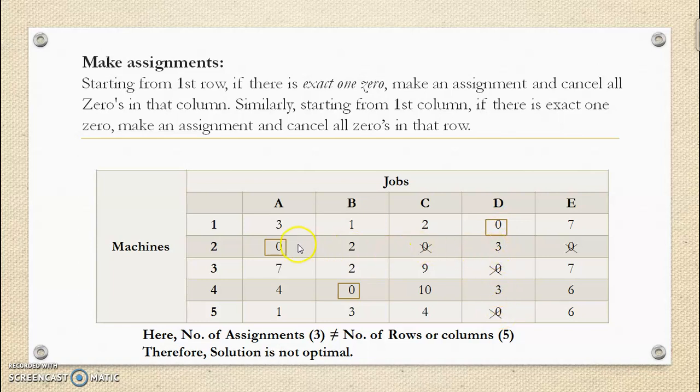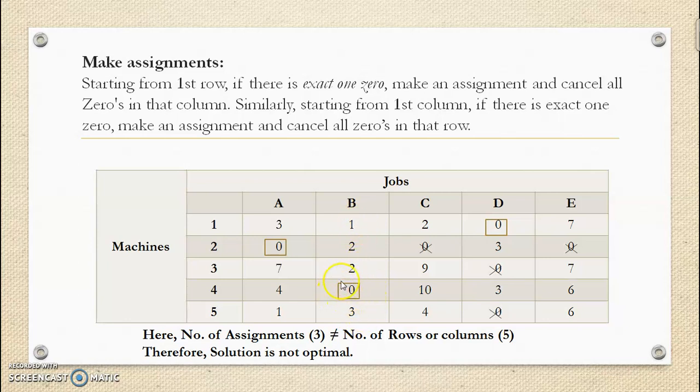Now if you observe here, the second row contains multiple zeros, so skip that one and look next where only one zero is available for assignment. So if you observe here, the fourth row contains only one zero, therefore assign this 0, and if in the respective column extra zeros are there, let us cross them, but no extra zeros are present here.